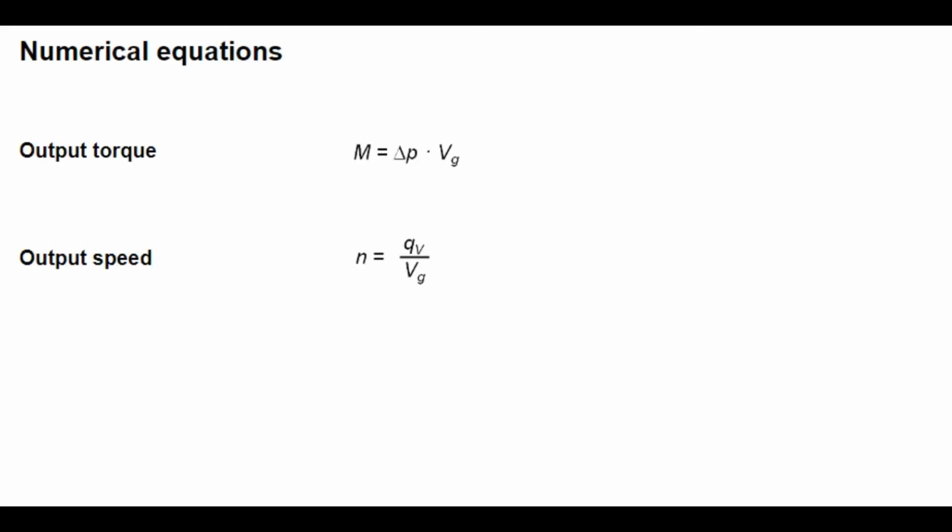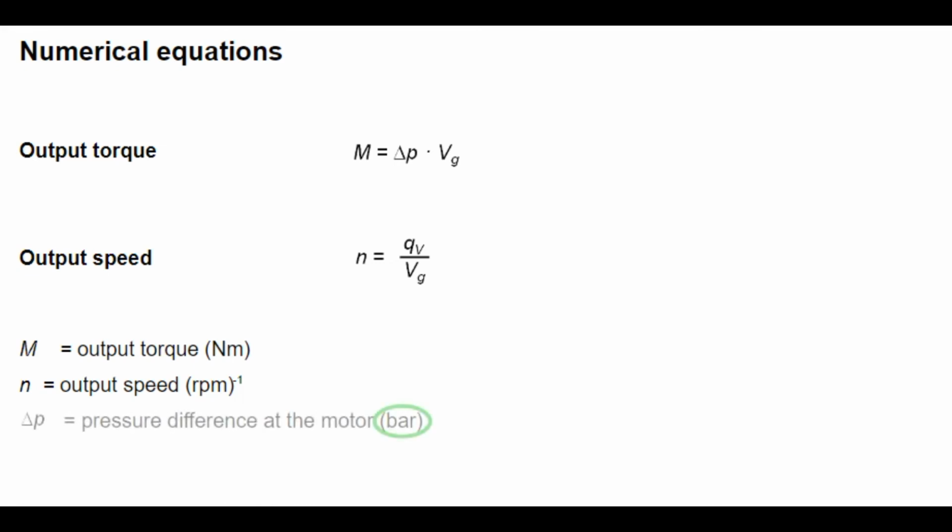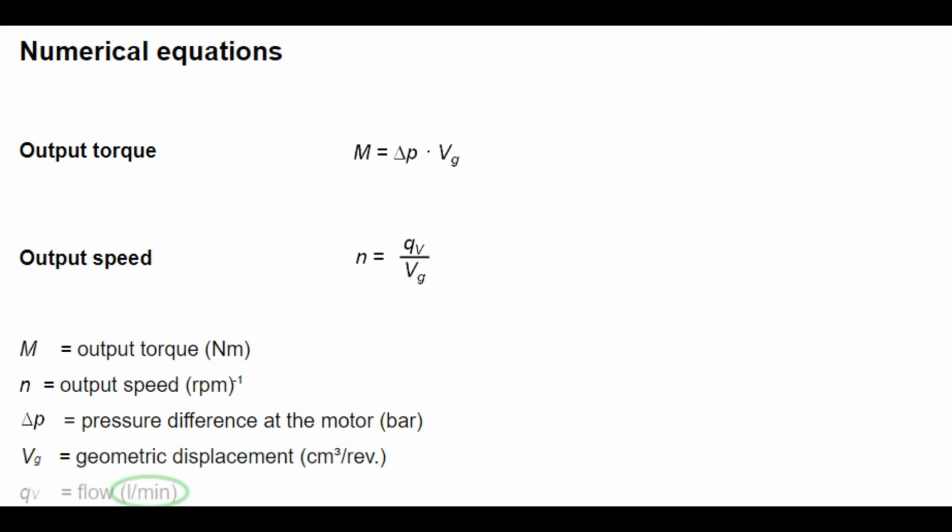The following units are for the variables in these formulas. Output torque is in Newton meters, output speed in revolutions per minute. Pressure difference is in bar. Geometric displacement is in cubic centimeters per revolution, and flow is in liters per minute. The units do not have to be converted, and special technical data can be included by using a conversion factor